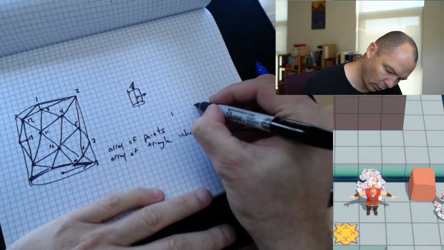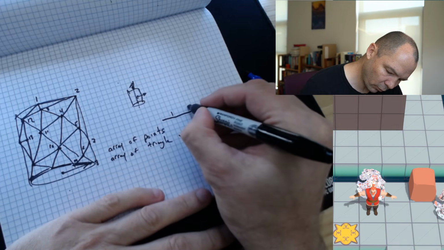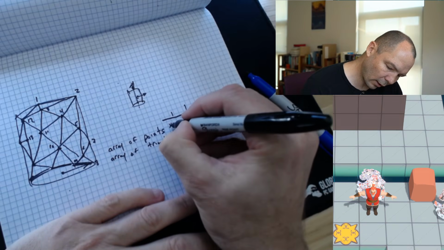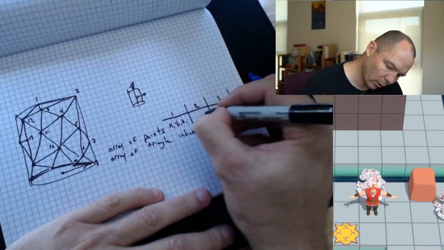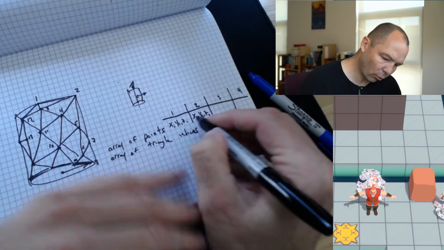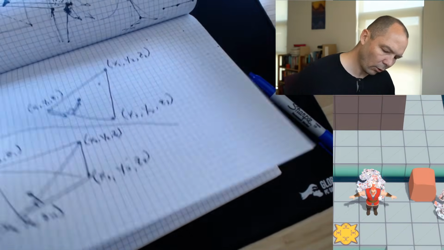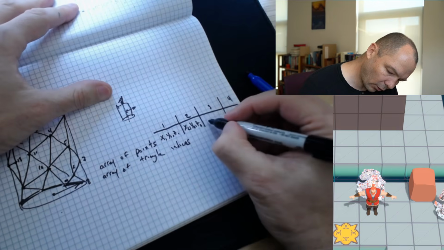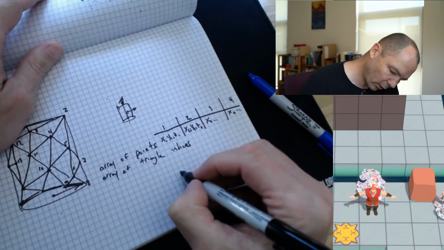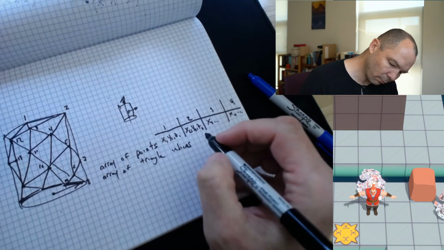Point number 1, point number 2, point 3, point 4. It's got some memory for each of these, right? And then what's in there is just the coordinates of each point. So this is like x1, y1, z1. And this is x2, y2, z2, right? Where these are just those coordinates in space that we were talking about here, all right? So this is x3, dot, dot, dot, x4, dot, dot, dot. Okay, this array of triangle indices, which we're going to have to draw down here, there are ways of compressing this and making it more compact, but